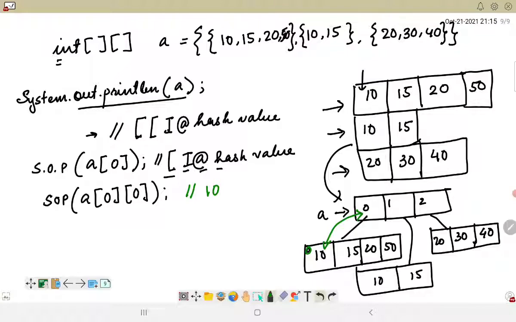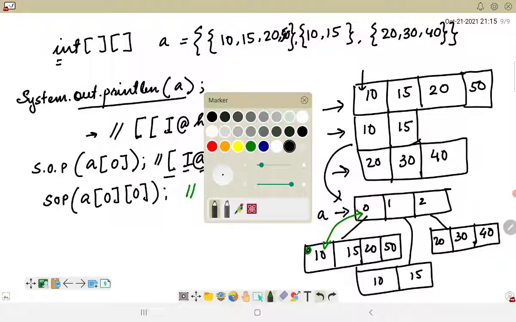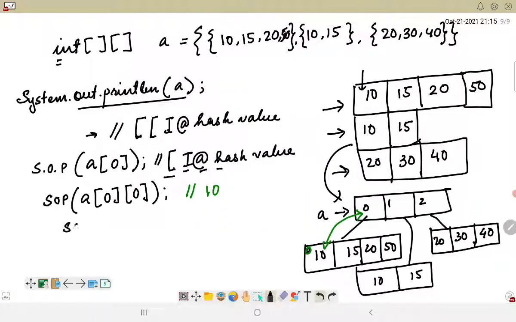Now talking about the next one, if I am trying to print a dot length, what is the length of a? A's length will return me 3, because this has 3 rows, or as you can see, this array that I am considering is an array of arrays.